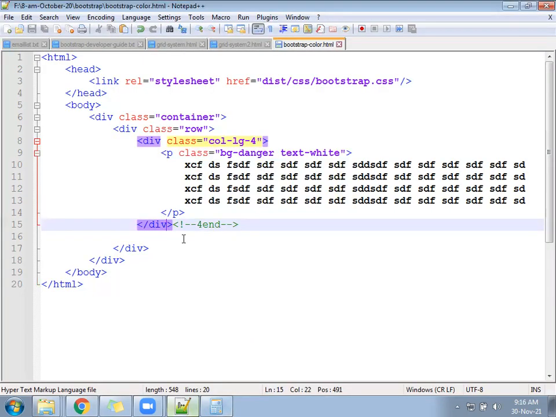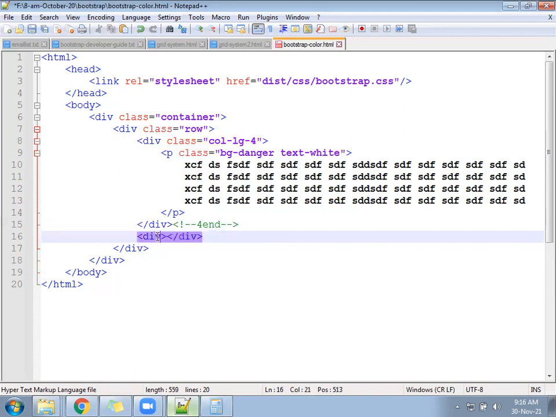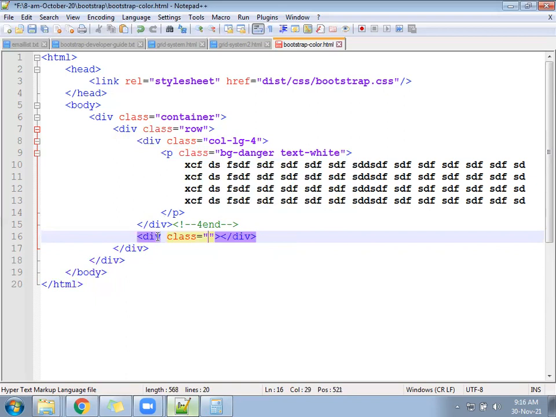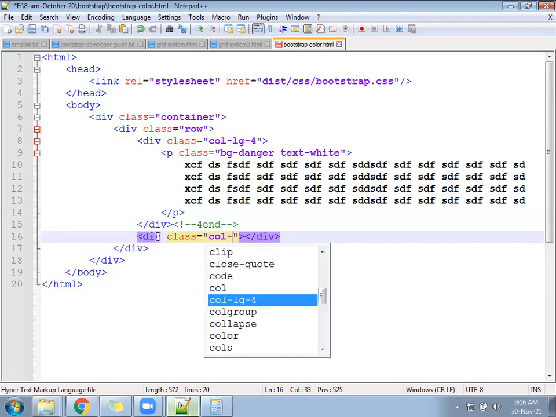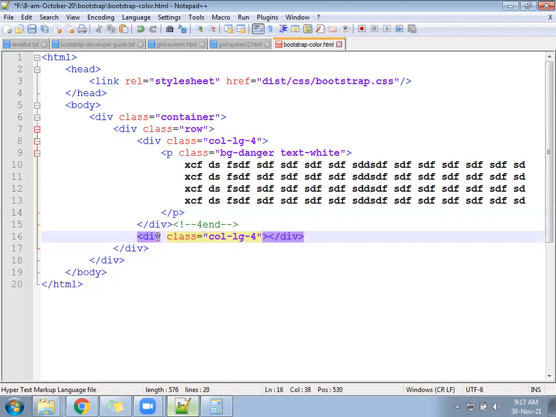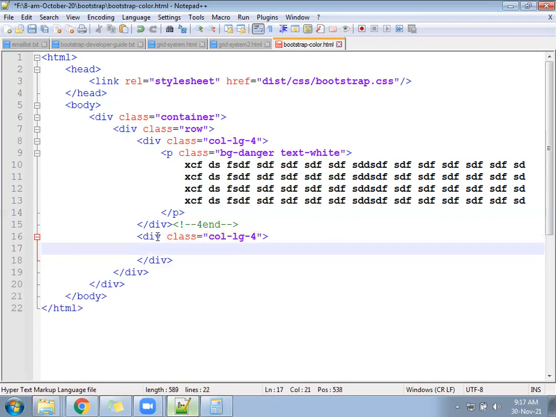So create one more column. Division, class equal to col-lg-4. Inside this 4, you have a paragraph.